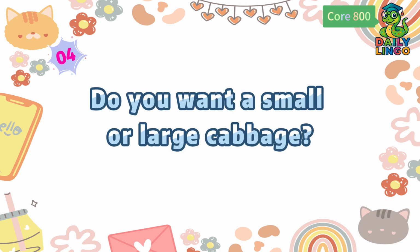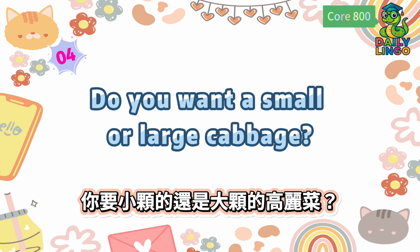Do you want a small or large cabbage? 你要小颗的还是大颗的高丽菜？